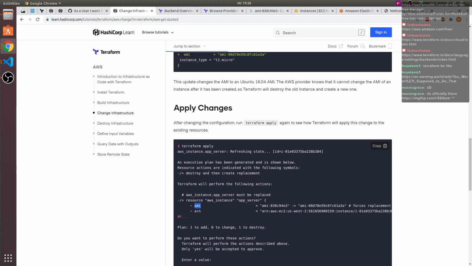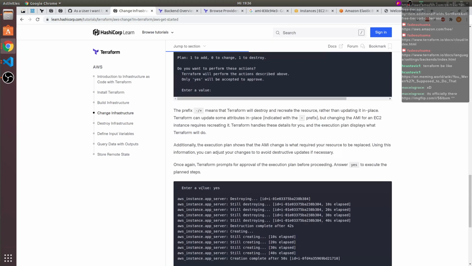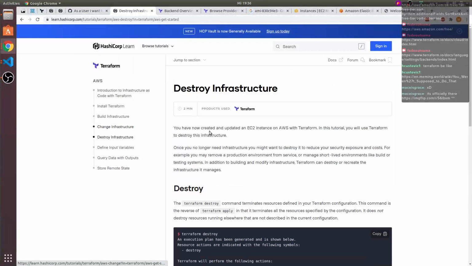AWS is powerful, but not that powerful of replacing complete operating systems on the fly. So that's this lesson. We pretty much did it.